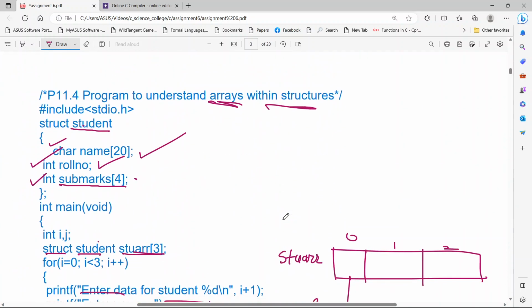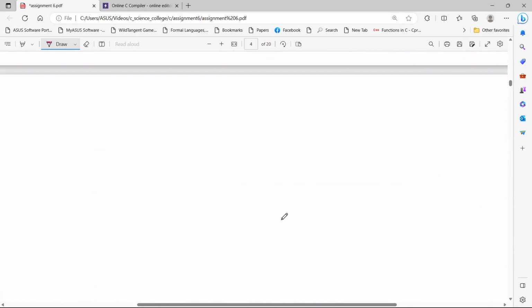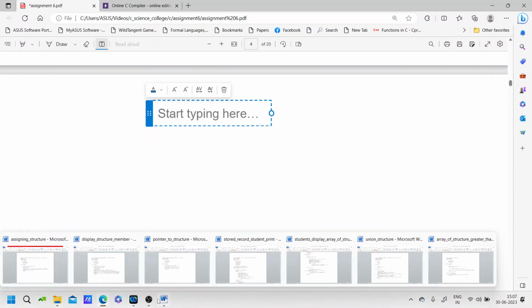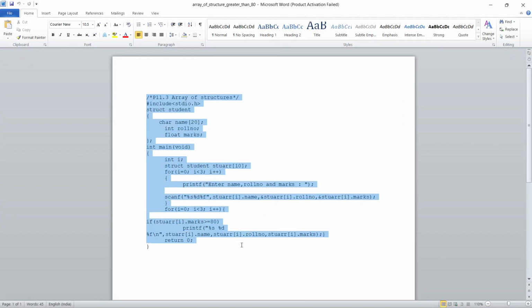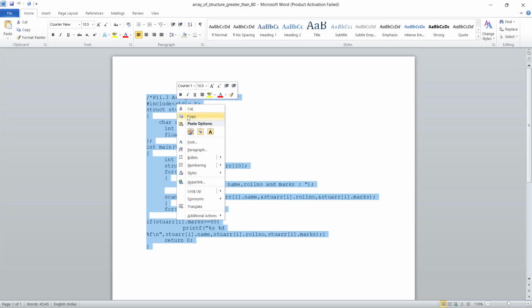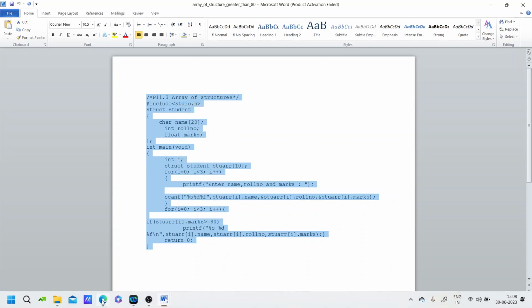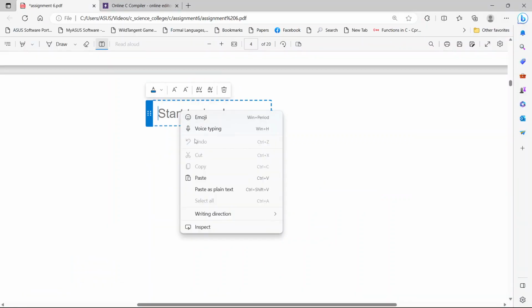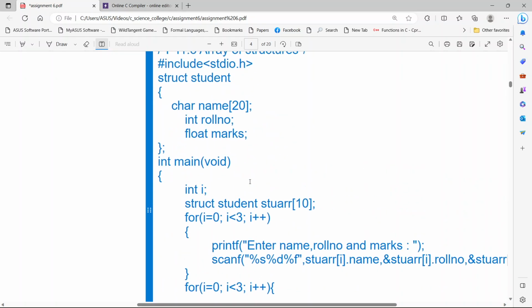So how can we write this particular thing, greater than or equal to 80? This is also an example of an array of structures. There are lots of examples, all of which are arrays of structures. You just see,